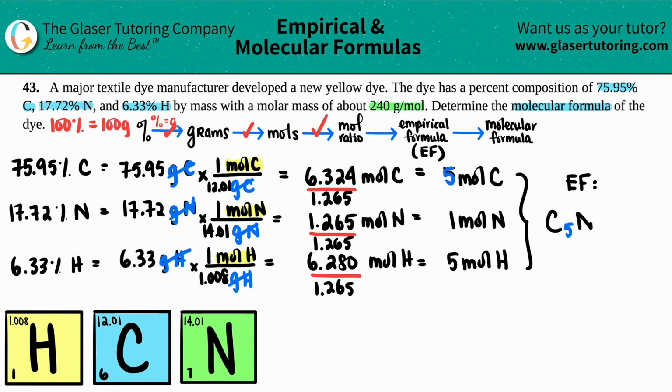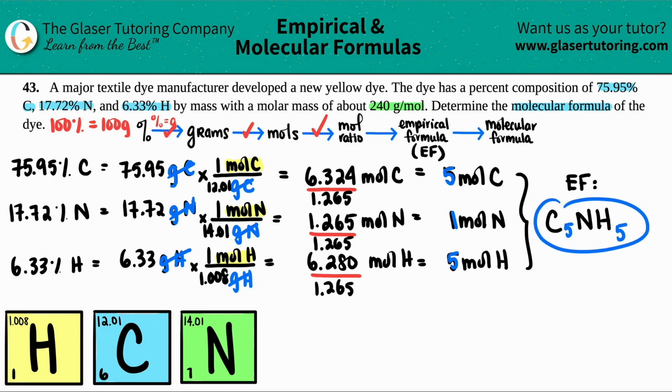The next element is a nitrogen, and I only have 1 of them, so you can put a 1 here, but you don't have to. And then the final element is H, and I have 5 of them, so I have to put that 5 there. And this is my